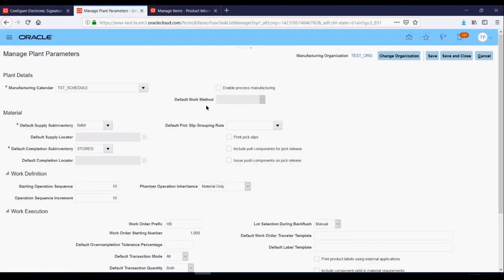It will follow the discrete because Oracle's capability so far has only been the discrete manufacturing. So if you don't select this, the plant is going to behave like a discrete manufacturing plant. Okay, that's not a mandatory step then. It's not. And like I said, it's just a very, very brand new feature, just like I think this month,